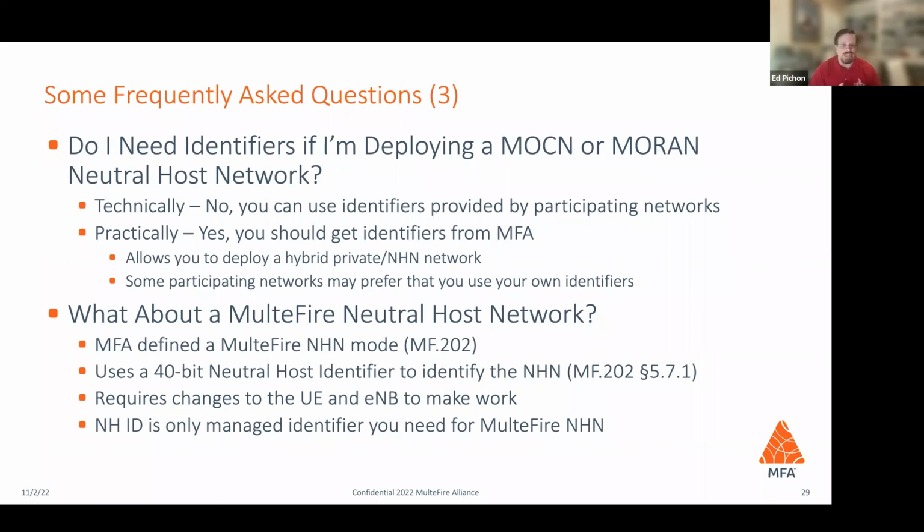Practically and politically, yes, you should probably get identifiers from the MFA if you're deploying a MOCN or even a MORAN system. And there's two reasons. One, if you get the identifiers from us, you can deploy a private slice or private hybrid network in your neutral host network. So you can have a private sector, a private slice if you get your own identifiers. In addition, some of the participating networks may actually prefer that you use your own identifiers rather than using identifiers from the participating network. So as a practical matter, for most neutral host deployments, you're going to want to get